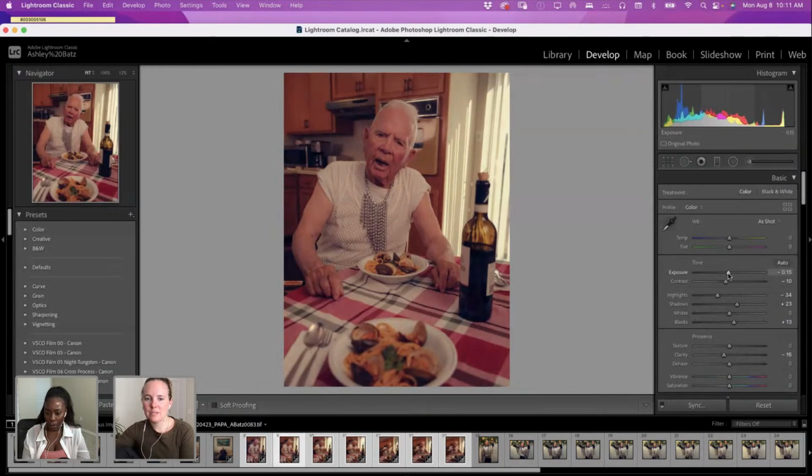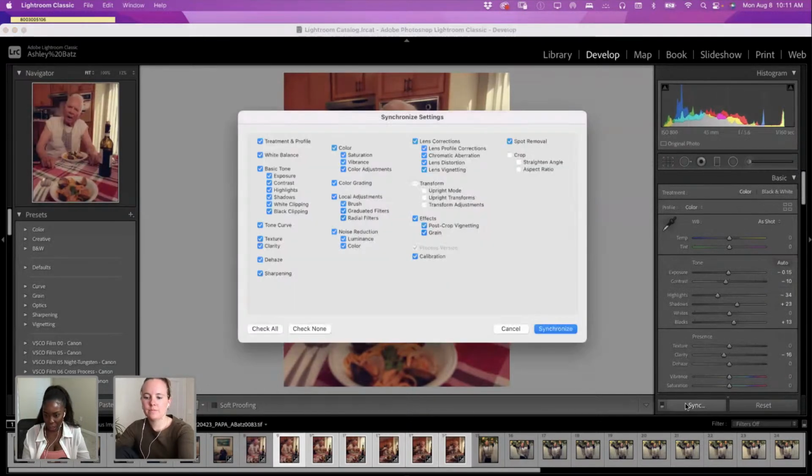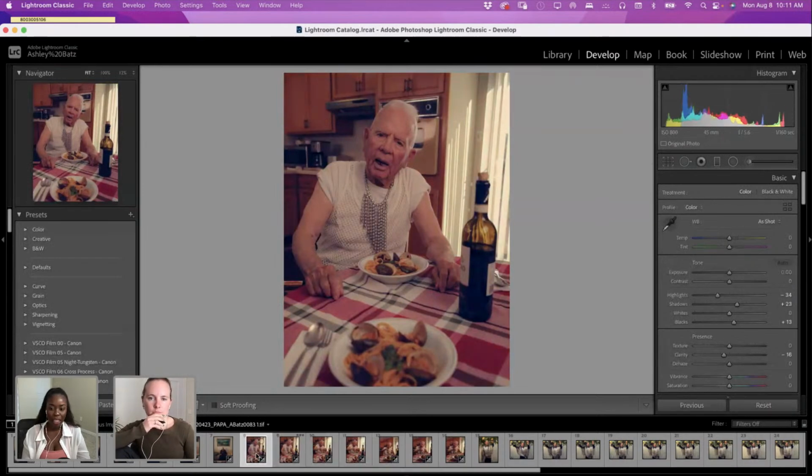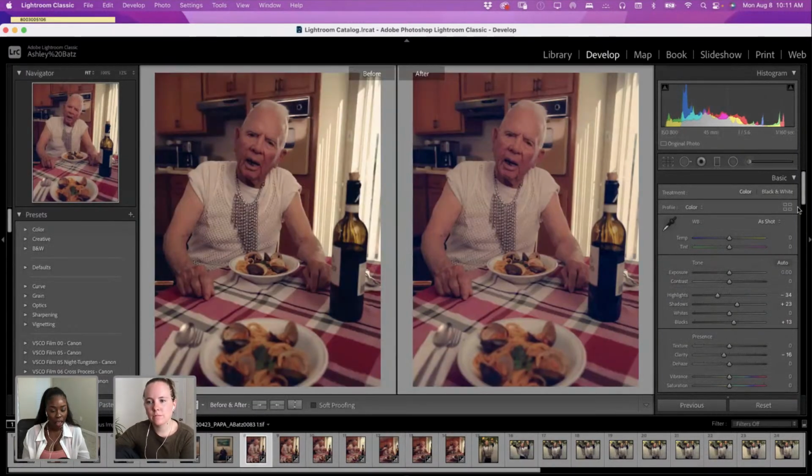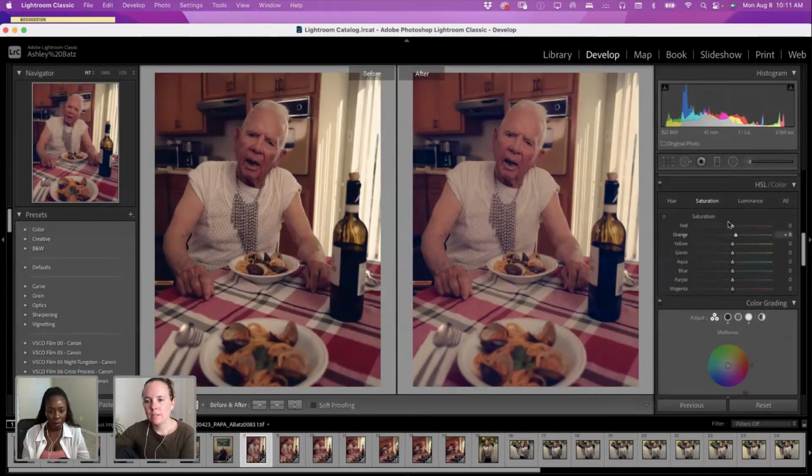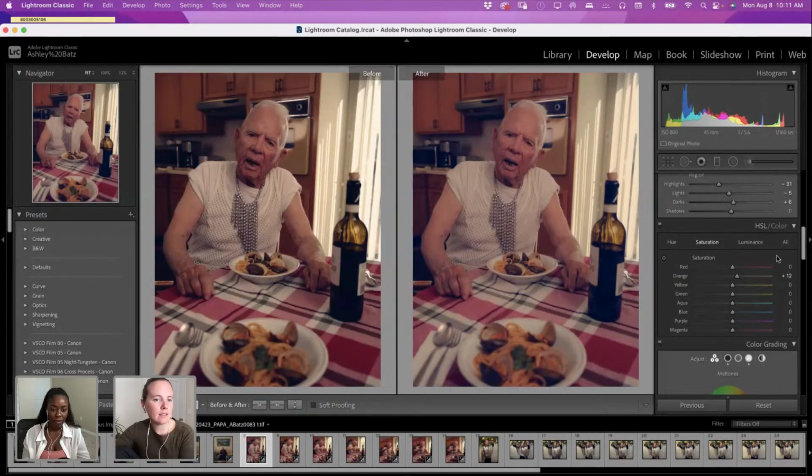But there's also a comment, maybe we can go back and show in that first image. Richard said that maybe it's his eyes, but he's not able to see the change with the oranges. So I think we were trying to add a little bit of the warmth in the back. So maybe we can call that out a little bit more to see what that did. It's more of a global effect, but when I'm working on this orange saturation, it looks like it is affecting that back more than anything. And we can go in with our spot brushes and really go into it. But this is more of a global effect, color grade